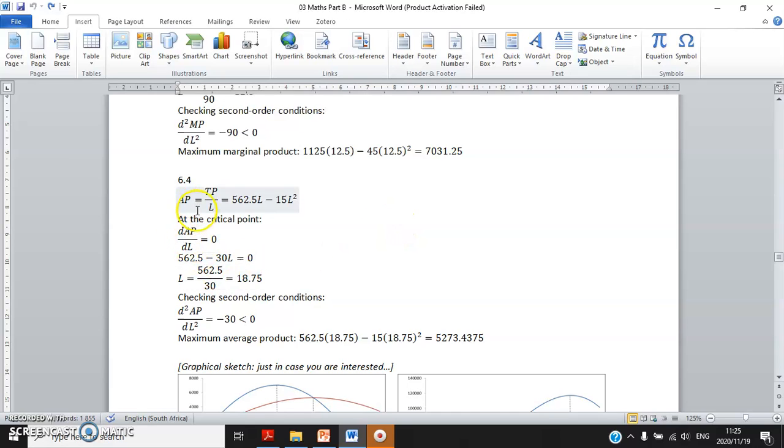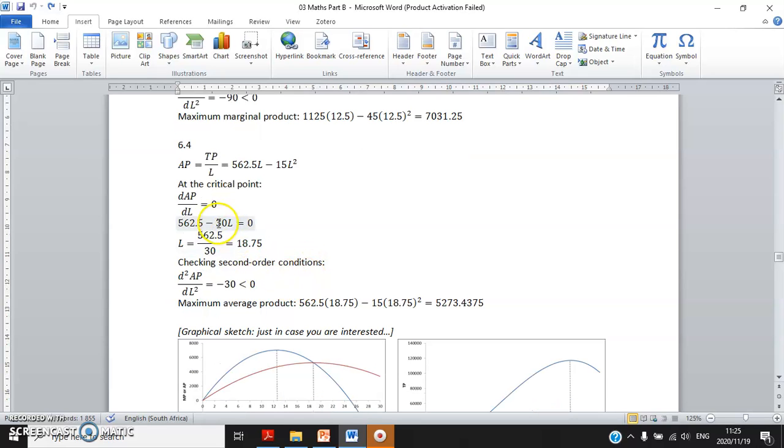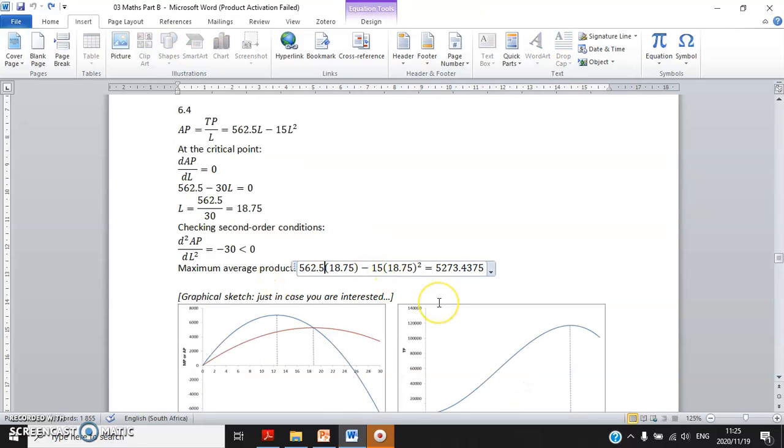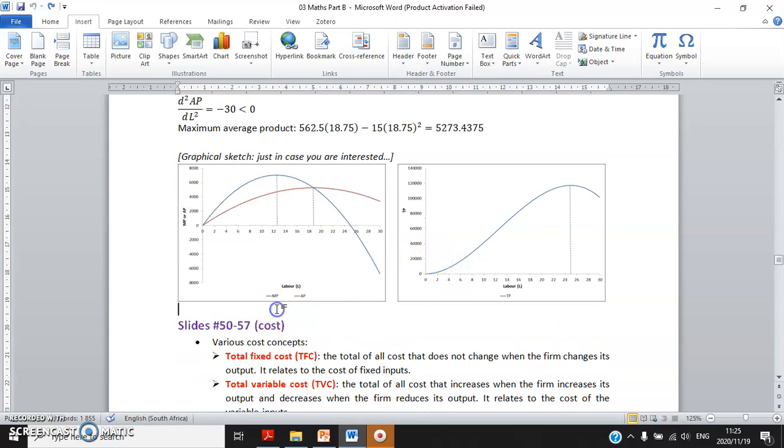At the critical point, first order derivative of average product is 0. So you differentiate this function, then you get this. Then you move the terms around, you get 18.75. And we have to check the second order conditions, minus 30. So indeed, when labor is 18.75, average product is maximized. Then the last thing you have to do is to substitute this labor quantity to find out the maximum average product. And then I provide a graphical sketch, and I already proved the law of diminishing marginal returns because marginal product is maximized first when labor is